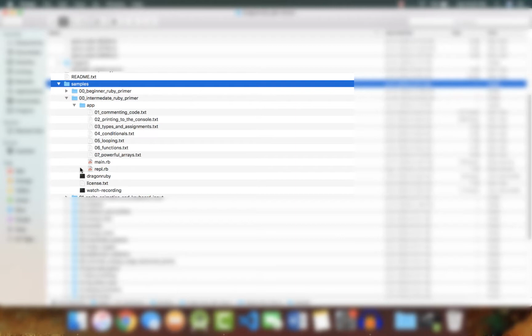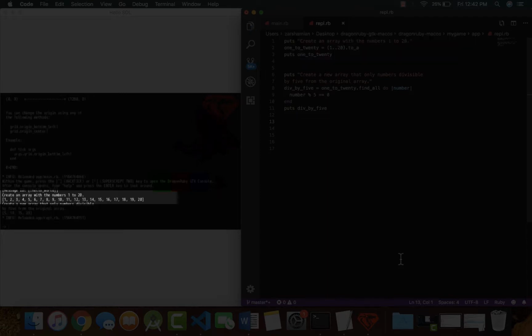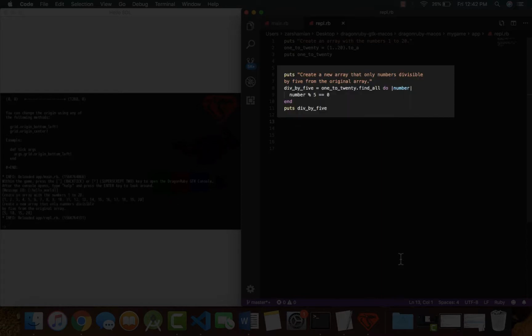Ranges are covered in the looping text file. Anyway, we have our range, and we'll use to_a to make it an array, which we'll store in the 1 to 20 variable. This is our original array. The find all keyword allows us to find all values from the original array that we're looking for, which we'll then store in a new array. In this case, we're looking for all numbers in our 1 to 20 array that are divisible by 5. We'll find all numbers that go into 5 with a remainder equal to 0 and store it in our new